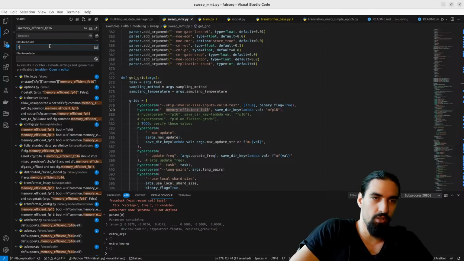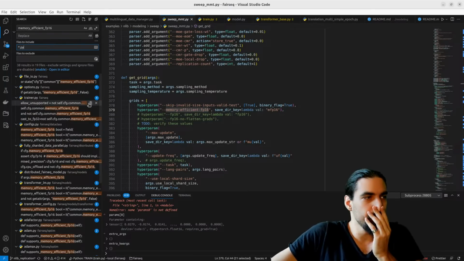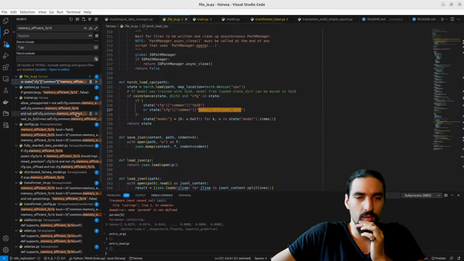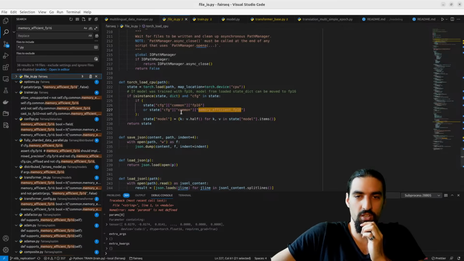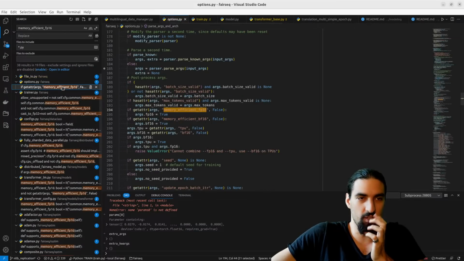Let's just filter out 5 files. Okay, you can see here, if it's either one of these, then we have during the load on the CPU. Okay, but that's again nothing different compared to FP16. What's special about memory efficient?